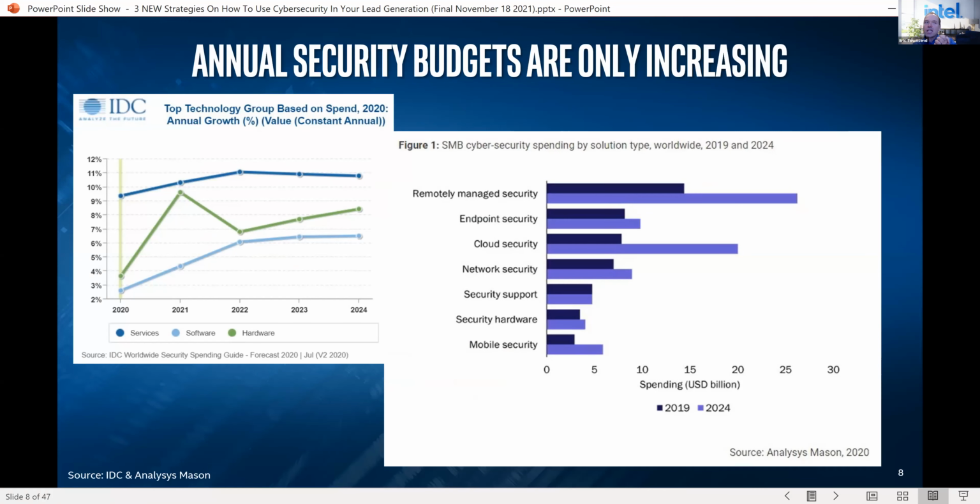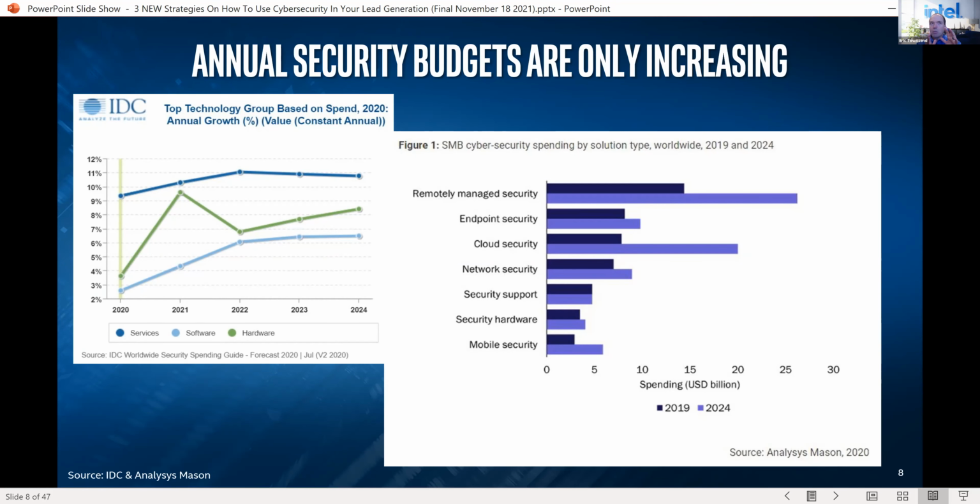What I want to make sure you understand is that services are the dark blue, software is the light blue, and hardware is the green. The big thing you should be looking at is that from both a software and services perspective, we're seeing an uptick. Now, the latest data I'm getting around hardware sales for SMB, that's the patch we're in, is actually going up next year. So a lot of people are already calling that an up number.